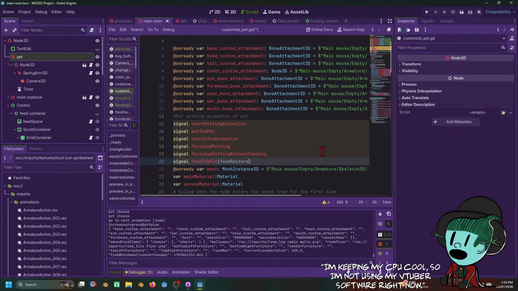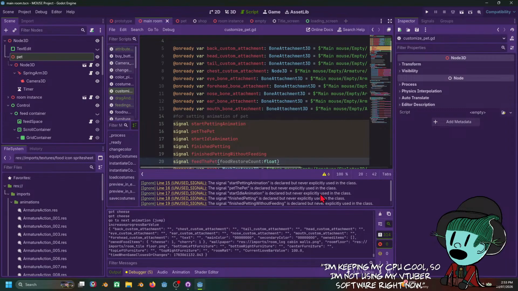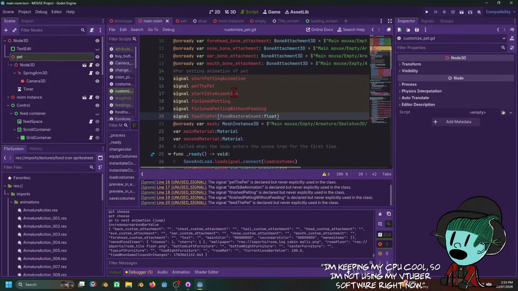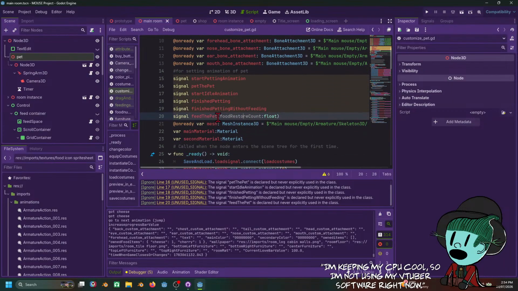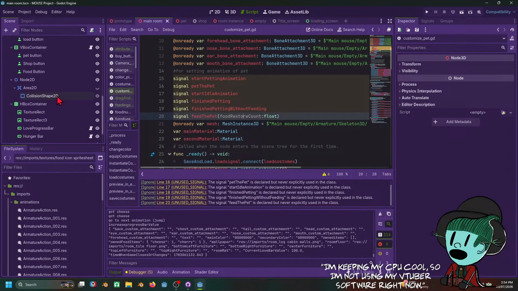Food restore count, float. Okay. I don't like the fact that we have so many warnings here. It says that I'm not using them explicitly in this script, but technically I am still using them, just not on this main script alone. So we need feed the pet here,